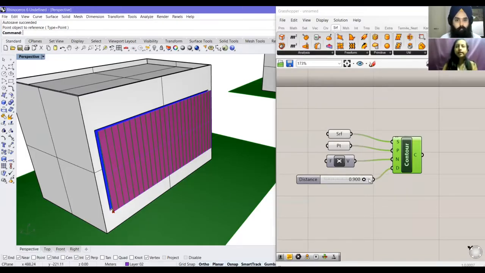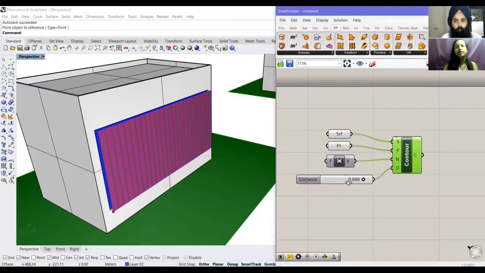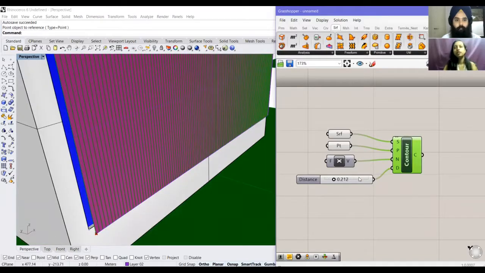Now, interesting to note here is that, like we talked about 900, which intuitively we had taken as the correct answer. But let's say parallelly, while you have started designing this, your energy consultant or your climate consultant has come and told you in that architectural office that not 900, but we needed 600 or 750. So you can just slide it, and when you start sliding it, the distance changes. Can you see the distance has reduced quite a lot? So I'll just reverse it to 0.9 at the moment.